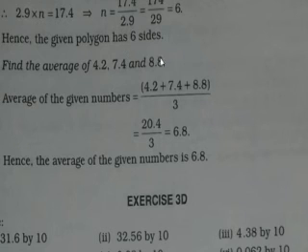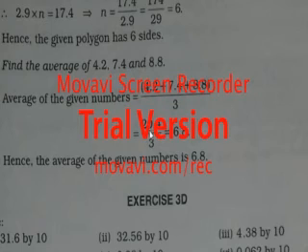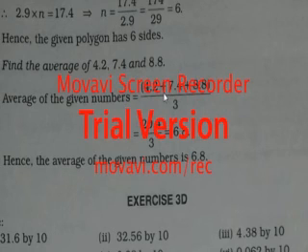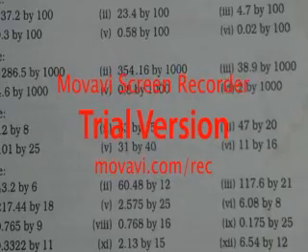Why? Because the total count of numbers is 3. Now when added, 8 and 4 is 12, and 12 to 14, 4 carry 1. So the point comes in the middle, and then 8, 7 is 15, and 4 is 19, and 1 is 20. So 20.4 divided by 3: 6 threes are 18, then 2 and 4 is 24. After the point, the number is used, so point and 3 eights are 24. So it becomes 6.8. Hence the average of the given numbers is 6.8.